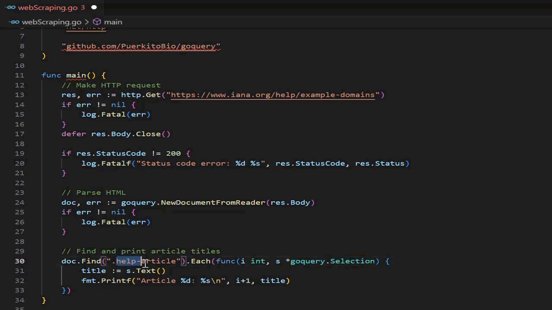Now corresponding to each help article, it will create a GoQuery selector, and the selector name is S. This is similar to a for loop as we iterate over an array or slice or dictionary. Similarly, we are iterating over multiple selections. This is one of the selections we are getting, S, and then since we have to extract all the text that comes under this help article class, here I am saying s.Text, which I will be storing in this title